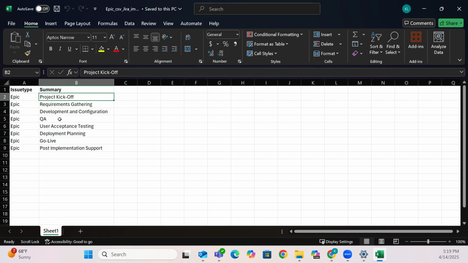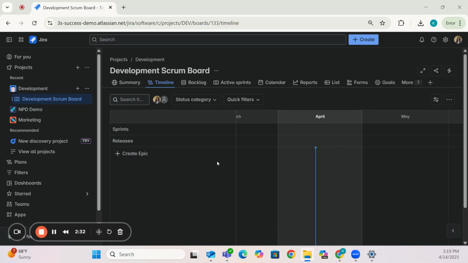All right, once you have your Excel spreadsheet and you have the issue type and/or work item type and the summary, what you're going to do is save this file as a CSV. So I'm going to close out of this file. Once you have that file saved as a CSV,